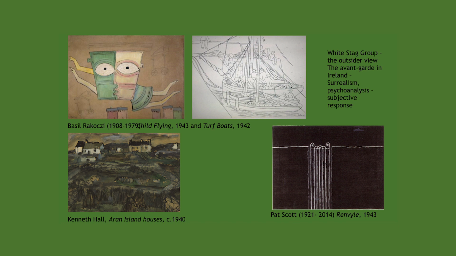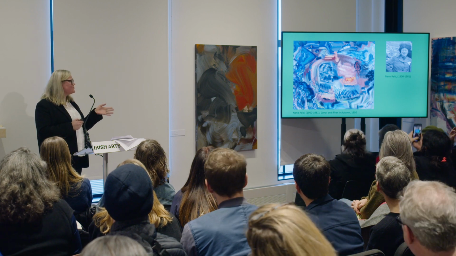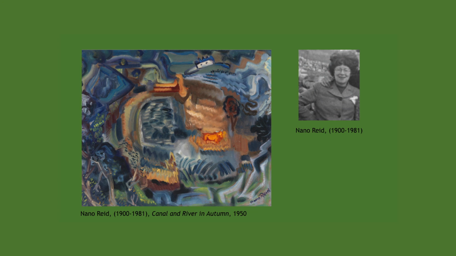But there is no question that there's always that figurative element very often in Irish art. And what you see here, this is Nano Reid. Nano Reid is interesting. She's from a Catholic, middle-class background. But when she starts to respond to the Irish landscape, she goes back to a past. She's actually from near the Boyne Valley, where I just showed you the Neolithic structure, which was Newgrange. And she's creating her own subjective response, her own mythologizing of her own locality.